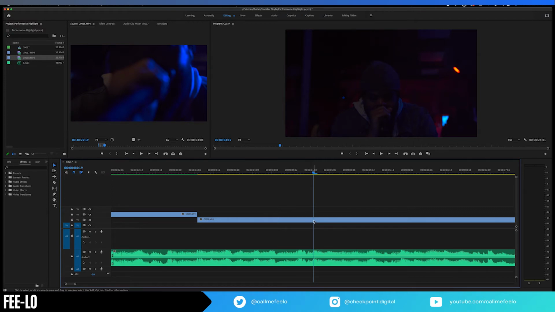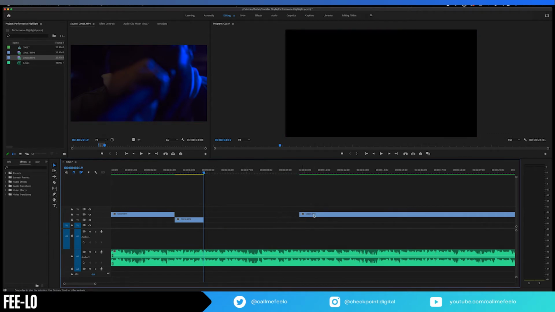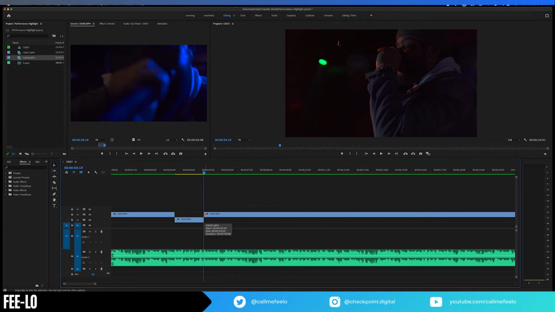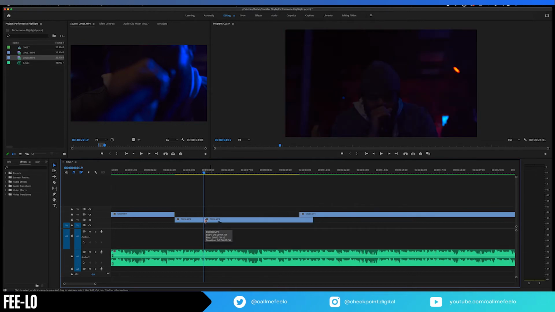All right. So this is another trick that I use whenever I know I'm about to cut to another clip. I'll cut the clip, and so this kind of gives me a marker. Of course, if you delete it and you decide you want to bring the original back in, you could do it that way. Or, and I'm doing Command Z to undo. All right. Or you can leave this down here just in case